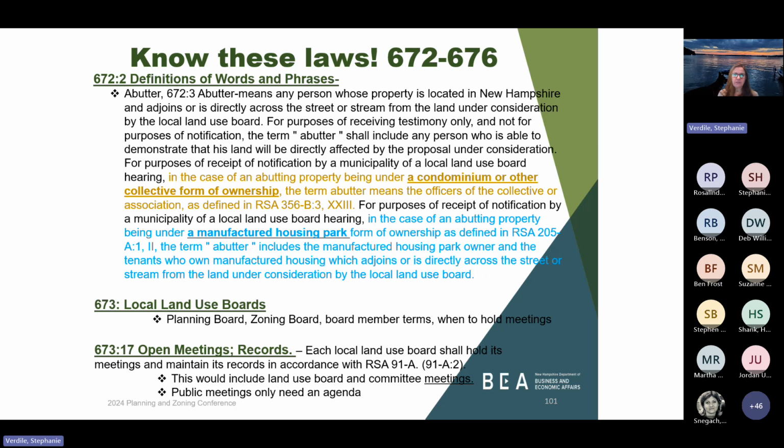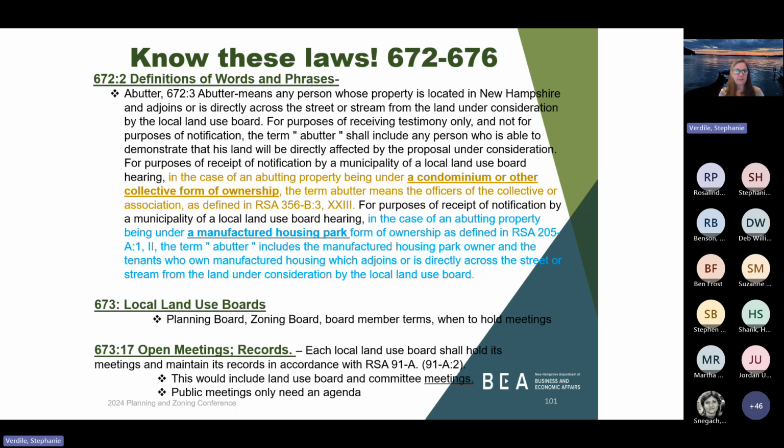672:2 is your definitions for abutters and kind of spells out what you're going to do in each situation. As far as, say, a condominium association is an abutter, well, the RSA says you do not have to notice every condominium unit owner. The RSA clearly says, in the case of an abutting property being under a condominium or other collective form of ownership, maybe a co-op, the term abutter means the officers of the collective or association as defined in the condominium law,